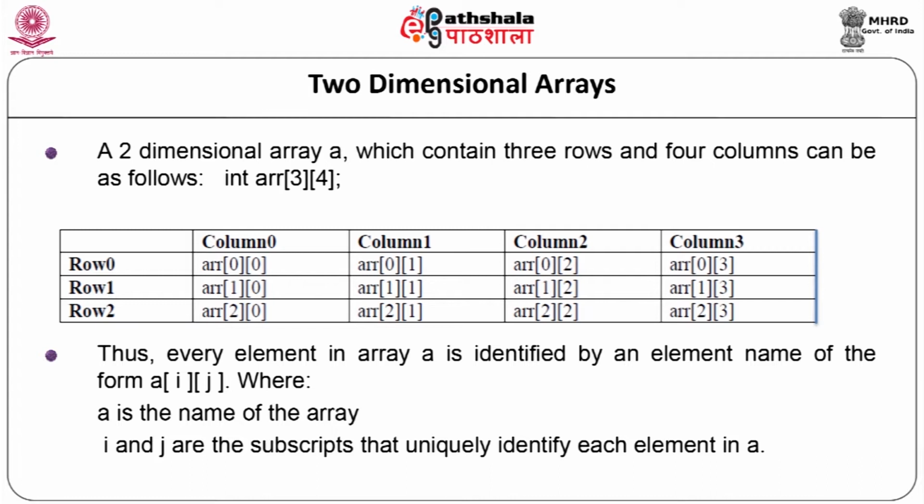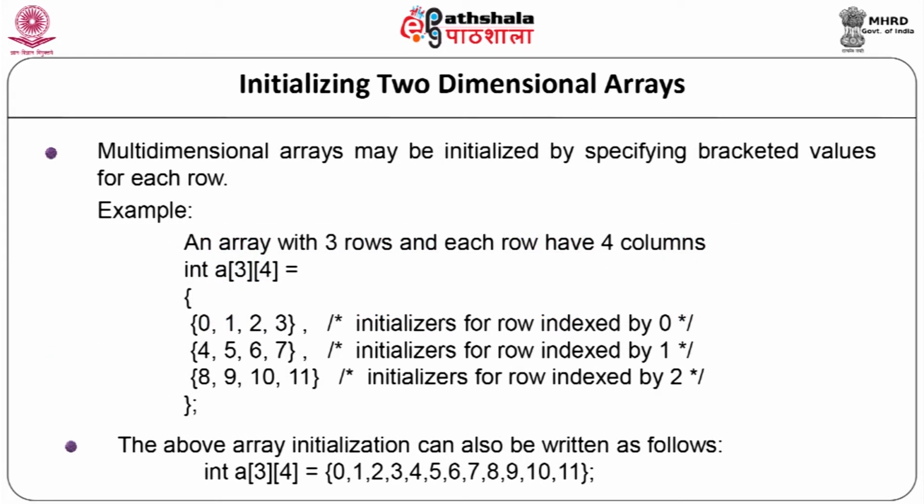Thus every element in array r is identified by an element name of the form r[i][j], where r is the name of the array, and i and j are the subscripts that uniquely identify each element in r. Now let us see the initialization of a two-dimensional array. Multidimensional arrays may be initialized by specifying bracketed values for each row. For example, we can declare the array with 3 rows and 4 columns as int a[3]